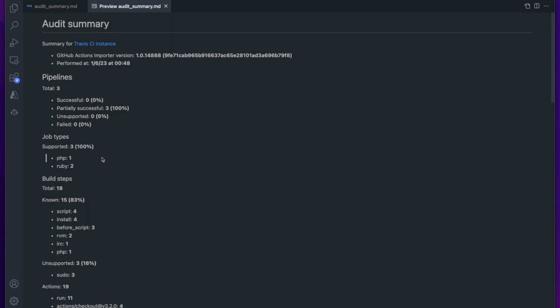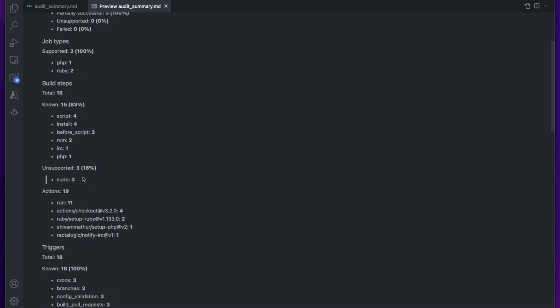Next, there's a breakdown of the job types used across these pipelines. In the case of Travis CI, these job types correlate to the built-in language defaults. So there's one pipeline using the default behavior for PHP pipelines and one for Ruby pipelines. Next, there's a breakdown of all the build steps used across these pipelines. The first category here is the known build steps, and this is a descending order list of the most commonly used build steps today. The next category here is a list of the unsupported build steps, meaning